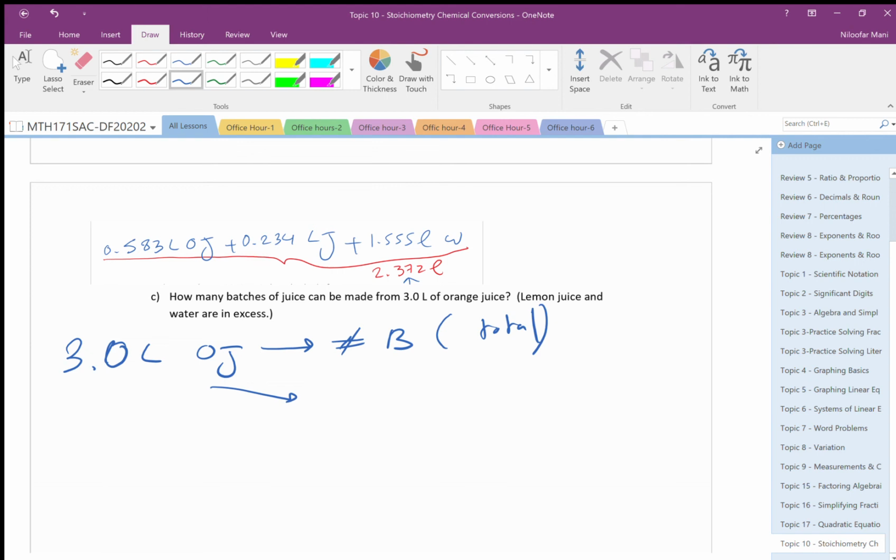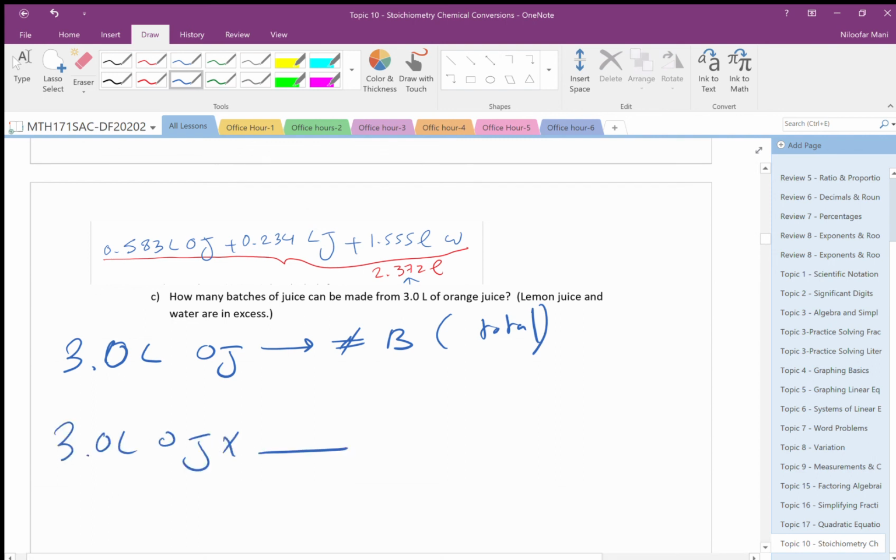Let me see how many batches of that can be made. Lemon juice and water are in excess, which means we have enough of them. So I don't need to do any bridge, do I? So let me see. I have 3.0 liters of orange juice multiplied by